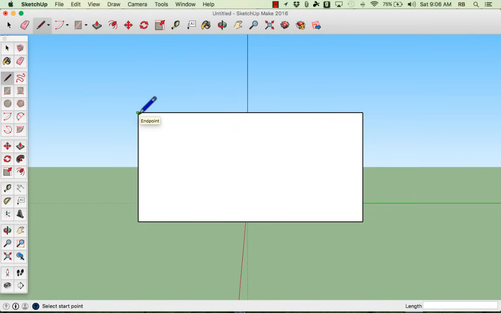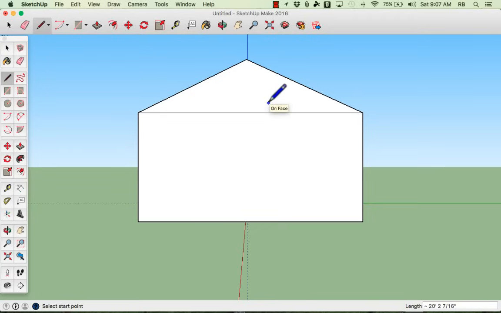I'll click on that, click on the corner of the house, and then I get to decide how steep of a roof it is. Okay, maybe up to there. I click, and then I click down here on this corner. Now if I've done it right, it should create a surface, and you can see the face of that changes